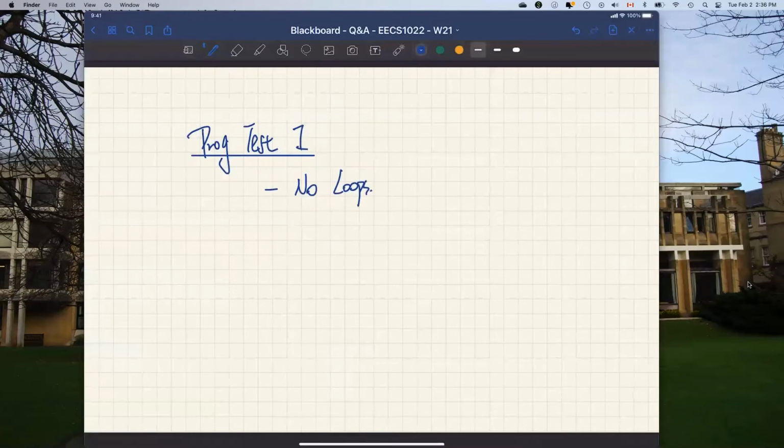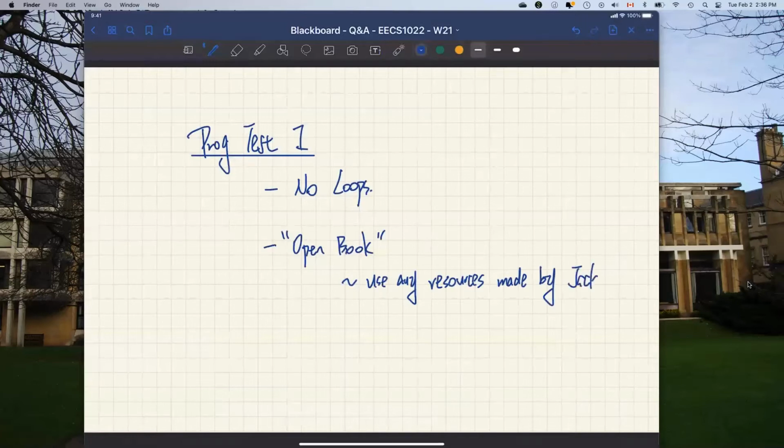Okay, here's a principle. It's open book. Let me define that. What do I really mean by open book? You can use any resources made available by your instructor, which is me, of course, and made by Jackie, for example. Let's be clear about what resources we are talking about. For example, iPad notes, for sure, you can definitely use them. Any concept or example code I show on the iPad, you can feel free to reuse. It would not be considered cheating. That's definitely fine. And also slides,